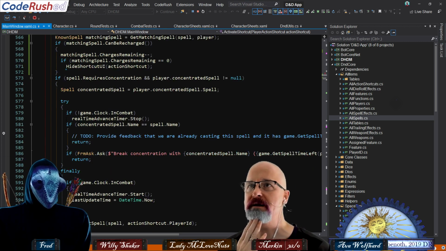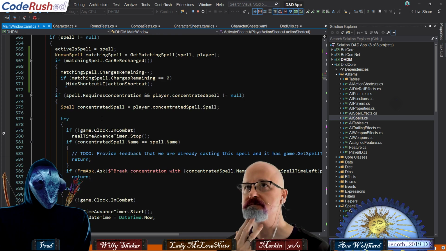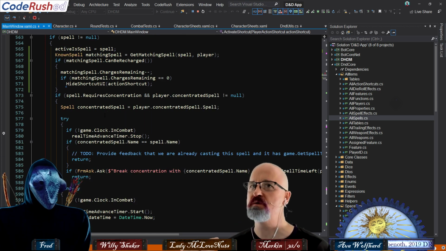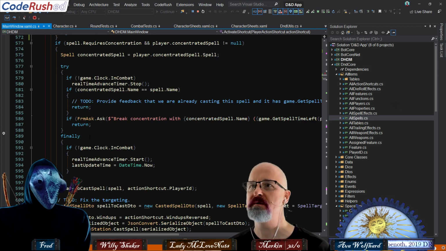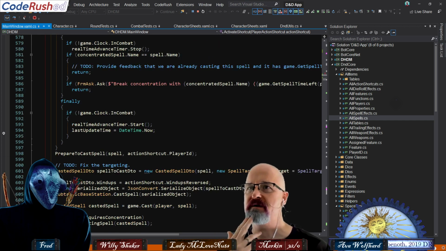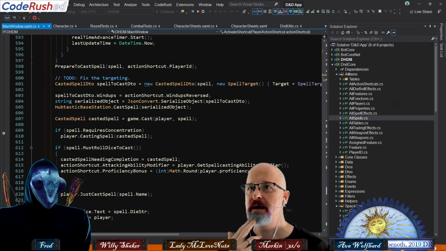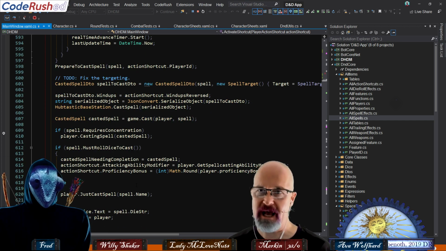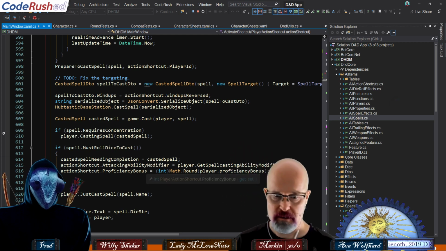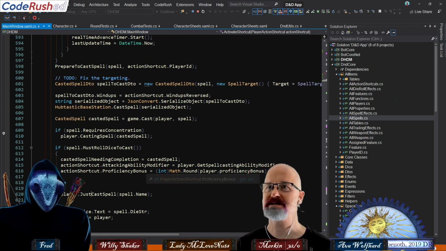Wait. Yeah, charged items wouldn't require concentration, so there's no way we would get to there. What else do we have here? Prepare to cast spell. Just cast spell. The just cast is where we suck it up. And we're only passing in the spell name.